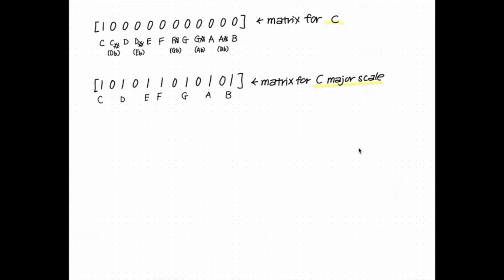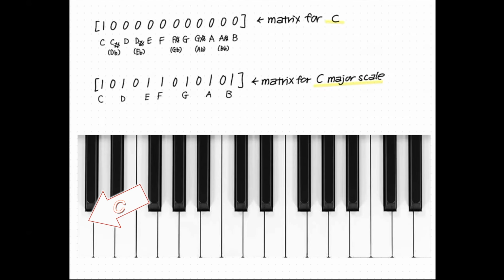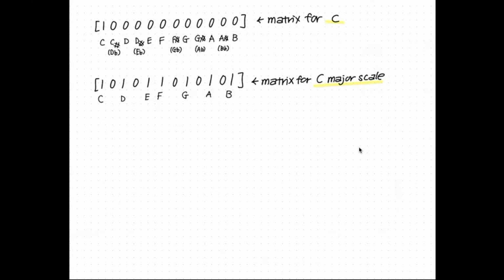Now, what does all this have to do with linear algebra? Well, all of these 12 notes in an octave can be represented through a 1 by 12 matrix, where each entry in the matrix corresponds to a note, a 1 if the note is played, and 0 if not. We will start our matrix with C as the first element, then progressing, like the keys on a piano, to C sharp, D, D sharp, and so on, to have the other 11 elements' places. So here, this is a matrix for C. We only have the 1 in the first spot and a 0 in all the other spots